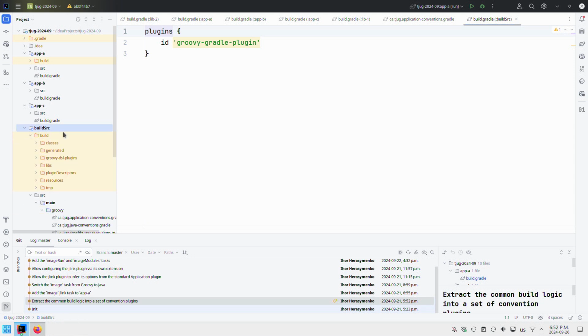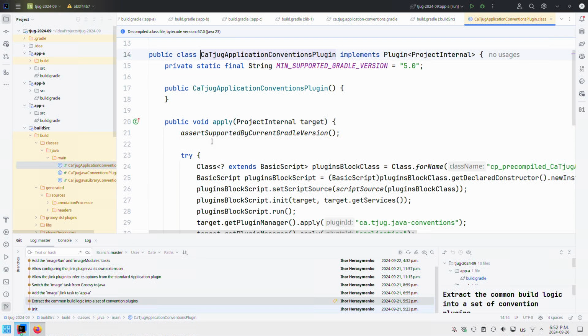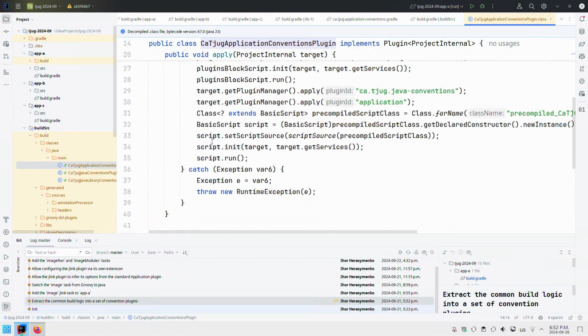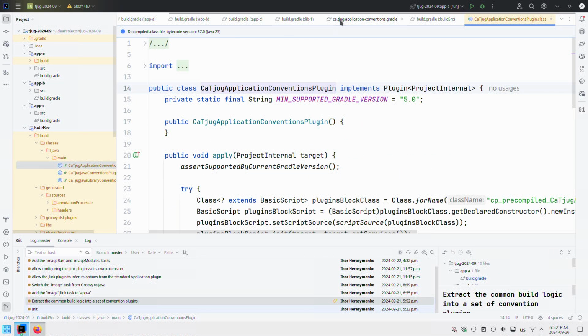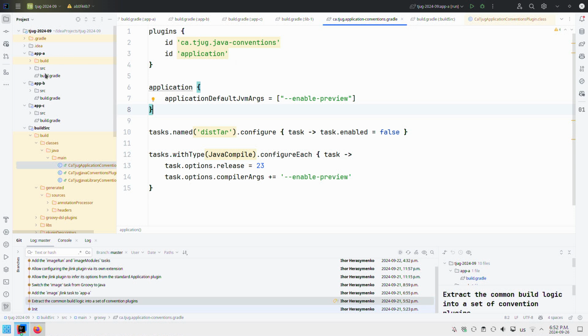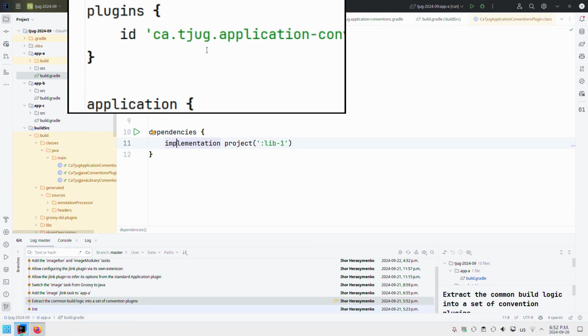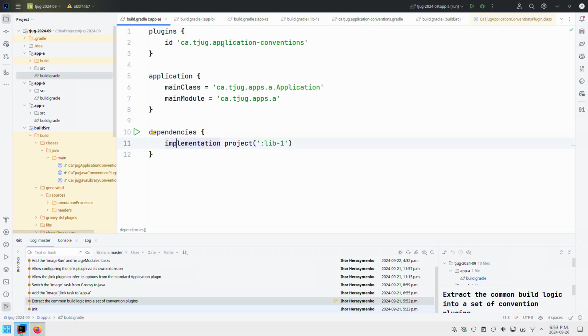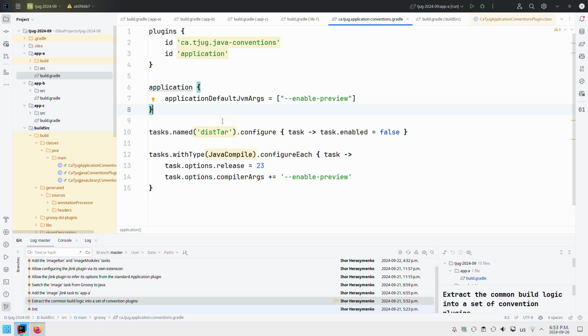If I look at the generated files here, Gradle transforms this piece of Groovy into a piece of Java, and then what you can do in your projects, you can just apply it like it was a normal plugin here. And IntelliJ nicely allows you to navigate to it and change this. Well, now there's probably some bug in IntelliJ. It doesn't pick up the syntax, but usually it should pick up the syntax,